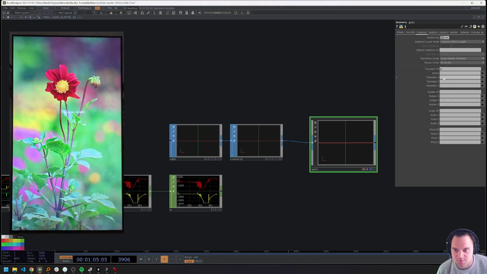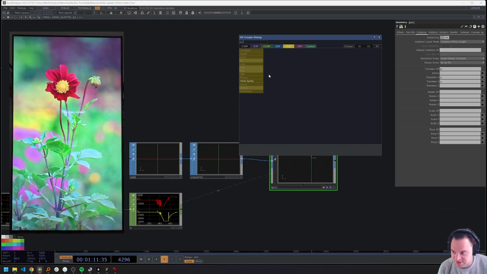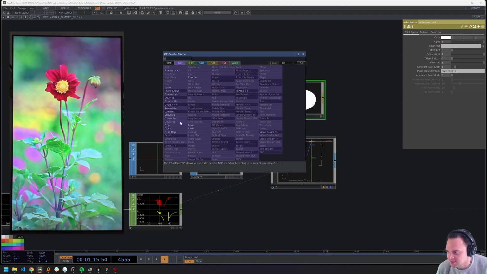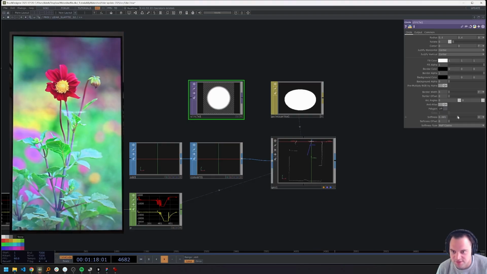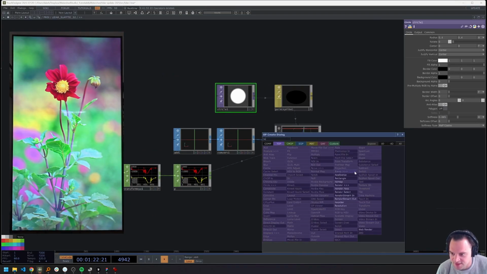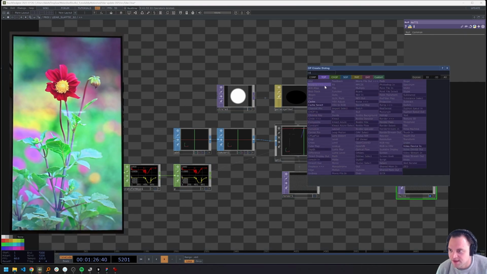I'll use my P for my translate OP, translate X and Y points. I'll then use a Point Sprite material on there, and I'll use a Circle TOP with a little softness as the texture for that. Then I'll drop a Render down with a Null,